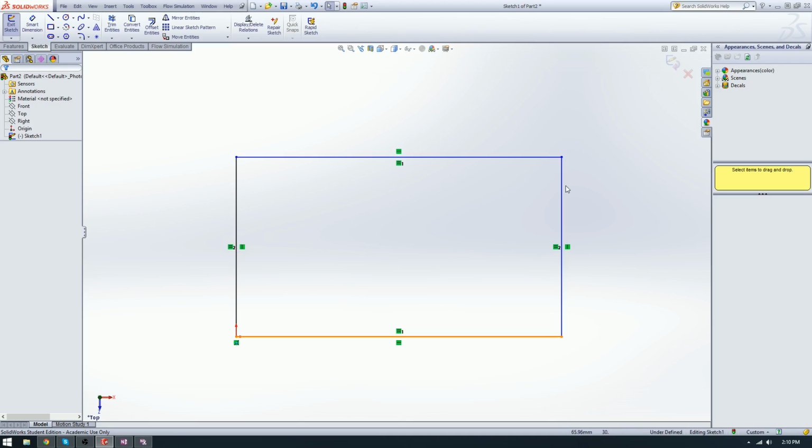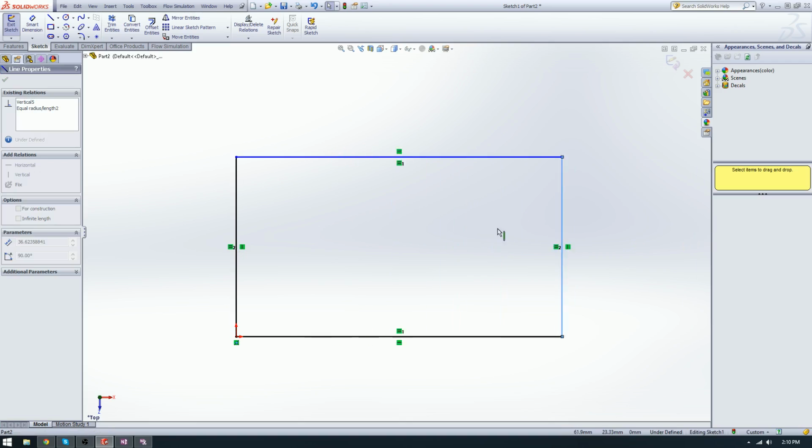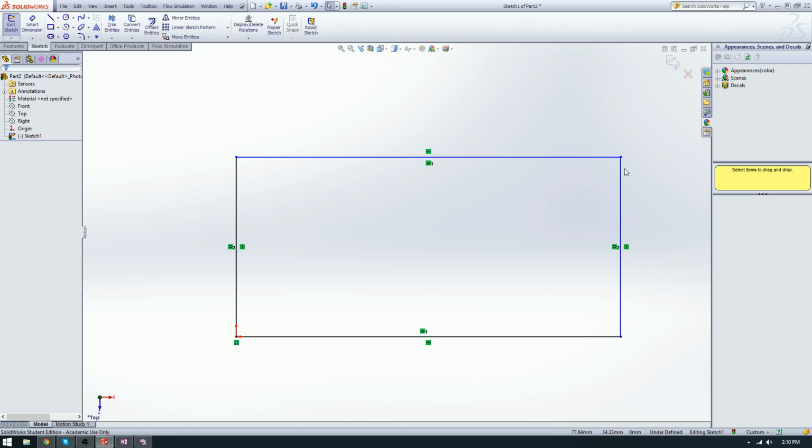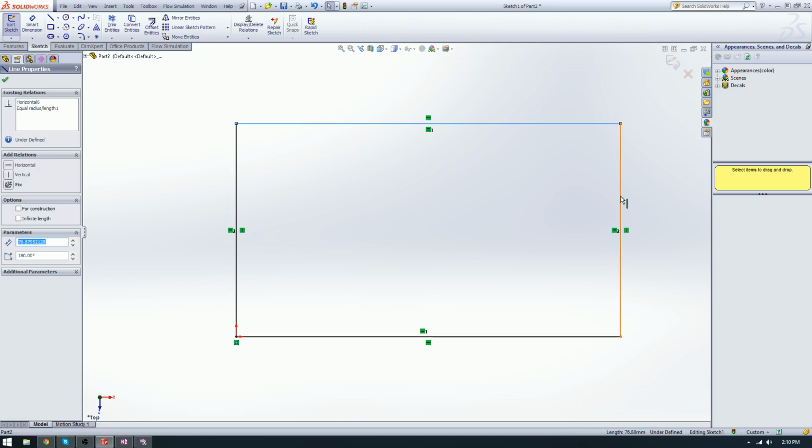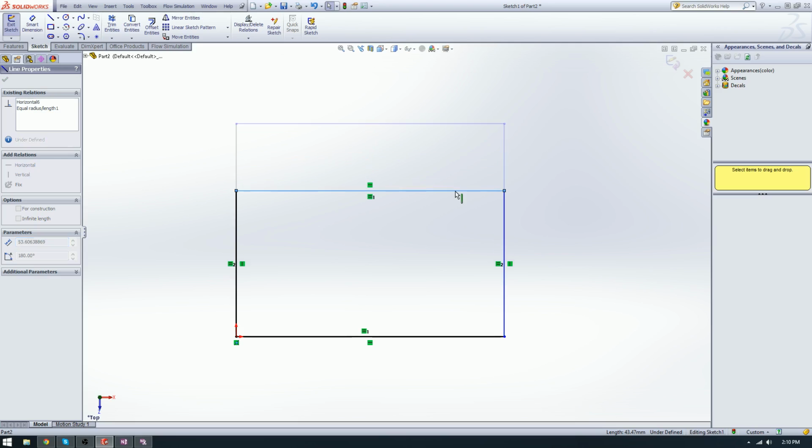Now we notice that these two are not fully defined. Why? Well, we can still drag them, meaning that both the start and the end are of unknown position to SolidWorks. They are not necessarily emanating from a point. Now, to fix this,